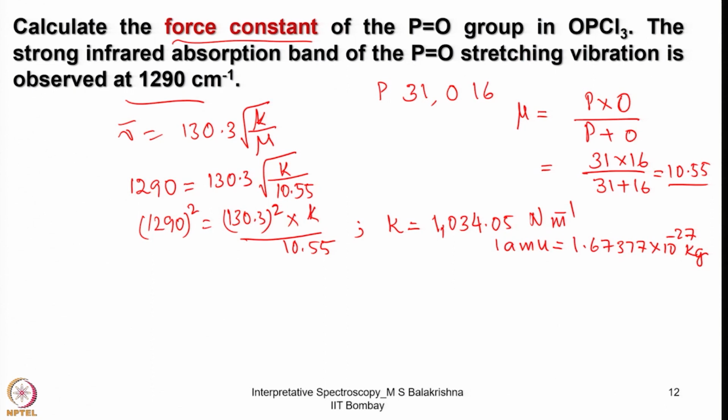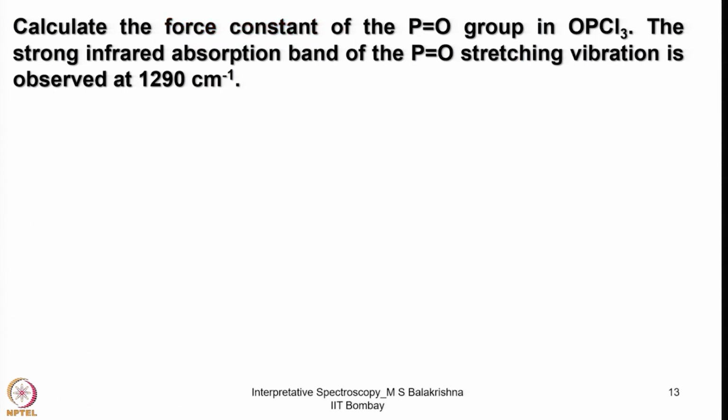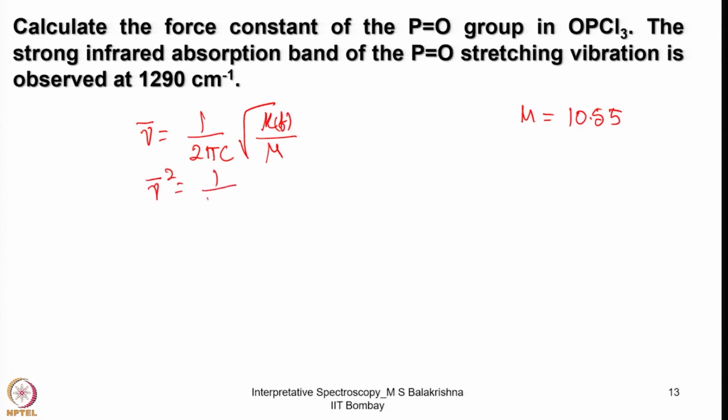Let us consider this equation now: nu equals 1 by 2 pi c square root of K or F, either one we can consider. And mu we have already calculated. Now nu square is 1 over 2 pi c whole square into K by mu. So K becomes